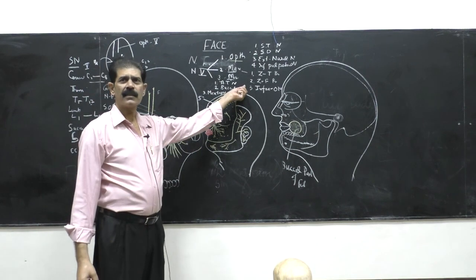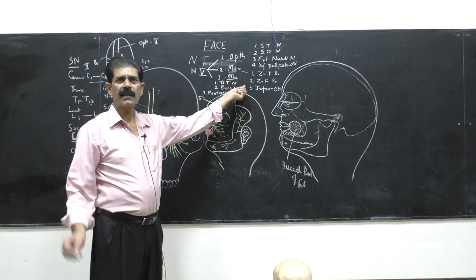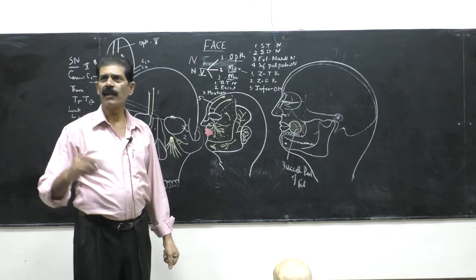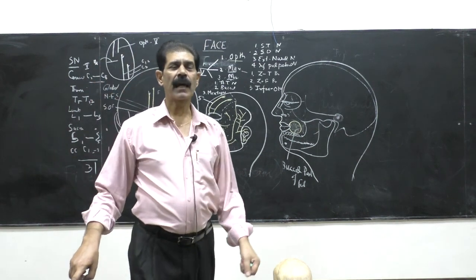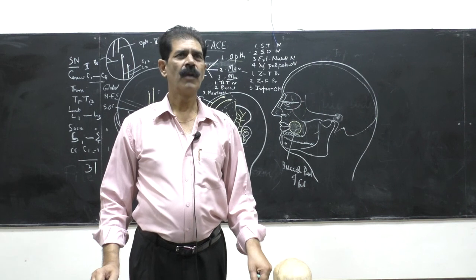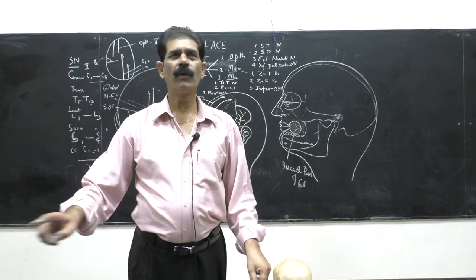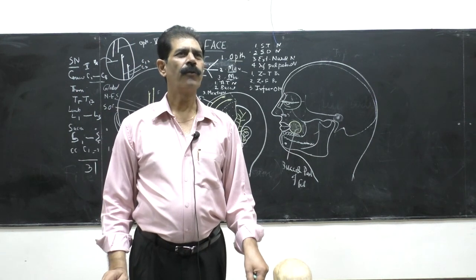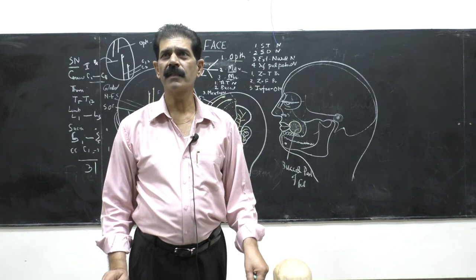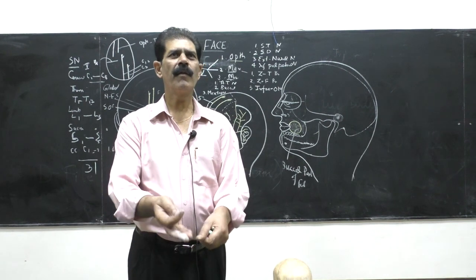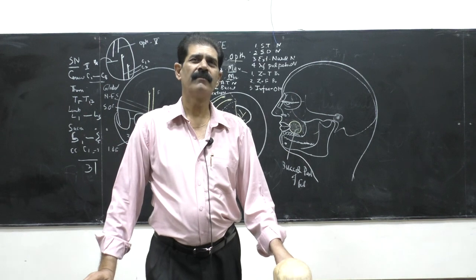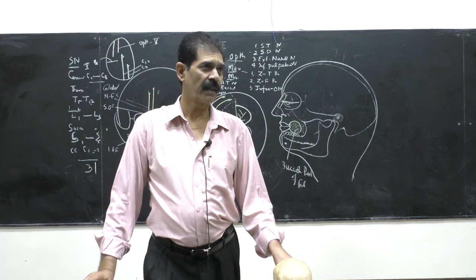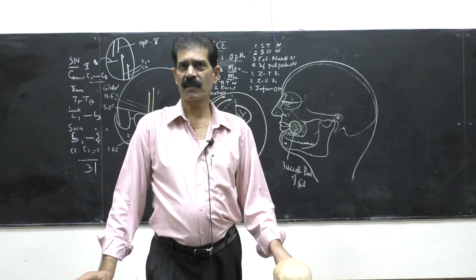If you write numbers like that in the exam, you get 0 marks. The examiner will first see the number, then search for the name there. You are wasting the time of the examiner, and he will be irritated. Secondly, don't make tables of the muscles with nerve supply and action. You have to expand and fill pages. Keep in mind, I have already told you, a 4 mark question means you have to fill 4 pages. If you put in tables like the book, it will finish in 1 page. Who will give the marks? So use your common sense about how to expand your answer writing. The more pages, the more marks you will get.